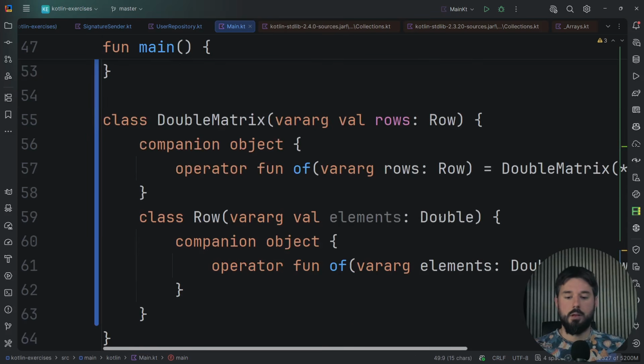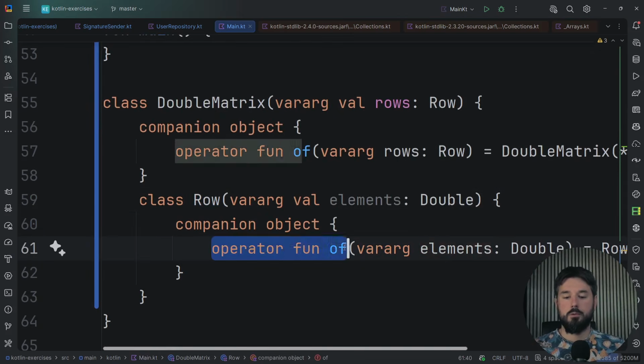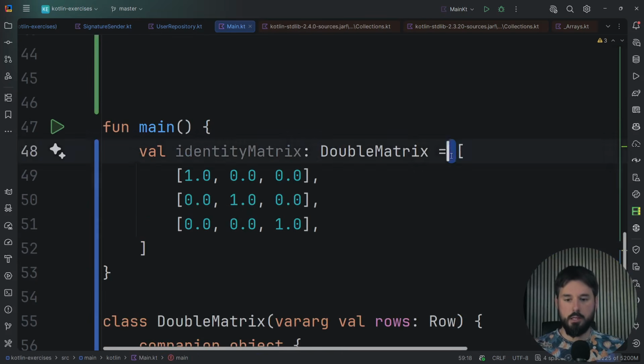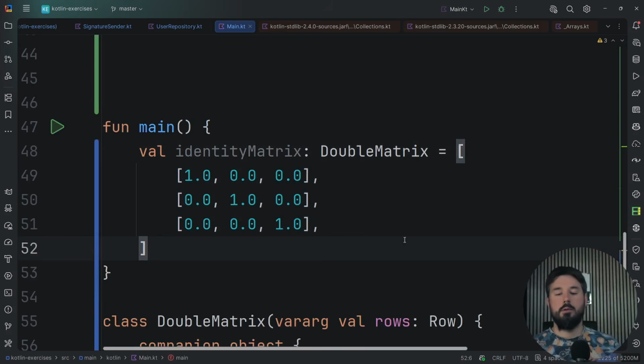So for the row, you can define an of function to create a row, and this way you have a two-dimensional matrix defined with this collection literal feature.